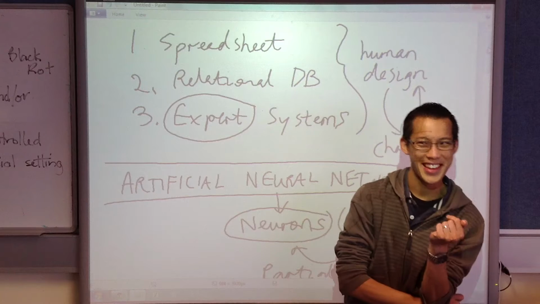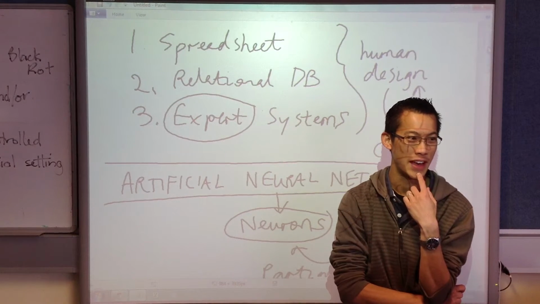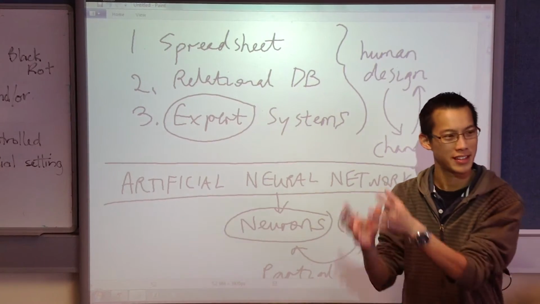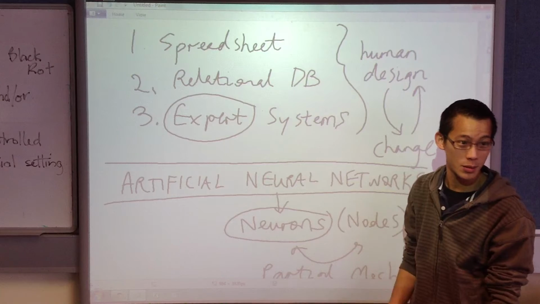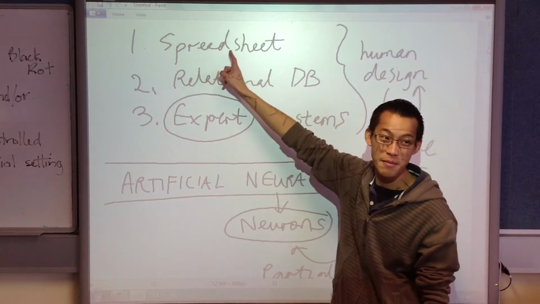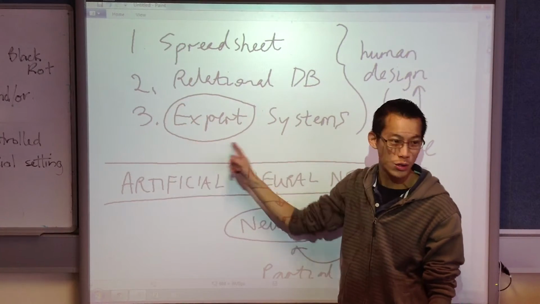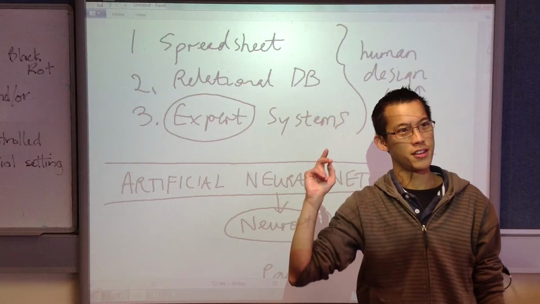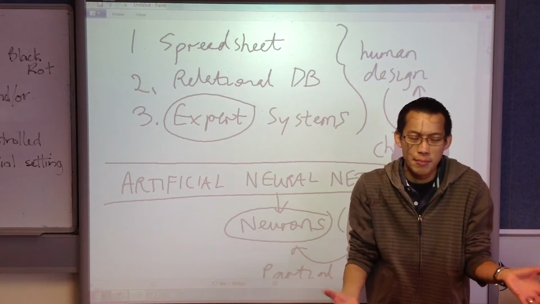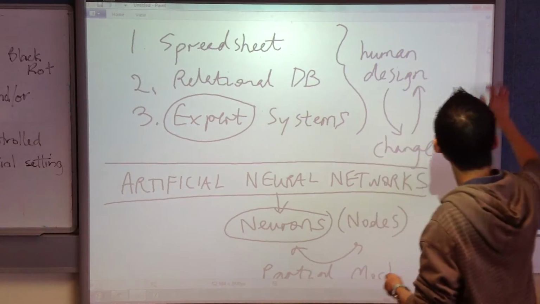Lots. Can we be any more specific than lots? Because lots is accurate, but it's vague. Okay, yeah, they have total control. Total control. If there's something in one of these systems, it's because a programmer put it there. Okay? It's because you actually typed in the formula, or you designed the tables and their relationships, okay? Or you designed the knowledge base and how it would read the database of facts, and the inference engine, you chose it, backward chaining, forward chaining, and so on. Okay? So total control. Okay?